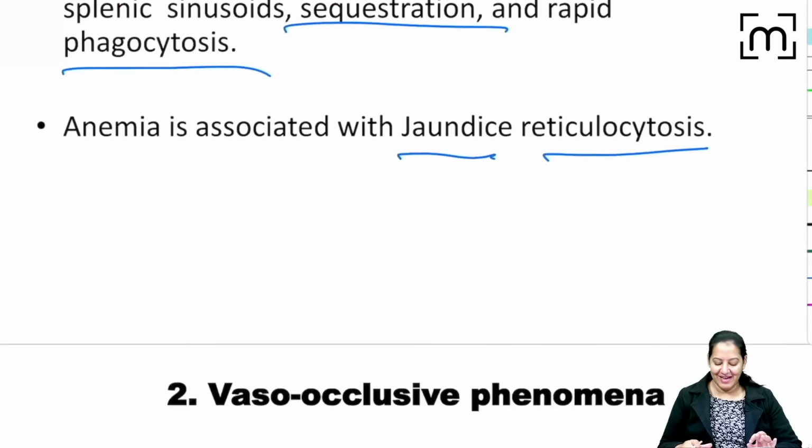We know malaria is also of 4 types: Plasmodium vivax, Plasmodium falciparum, Plasmodium ovale and Plasmodium malariae. Out of the 4 types, it is protected against falciparum. So what is the point here? All the patients with hemoglobin S are relatively protected against falciparum malaria because the malarial parasite consumes